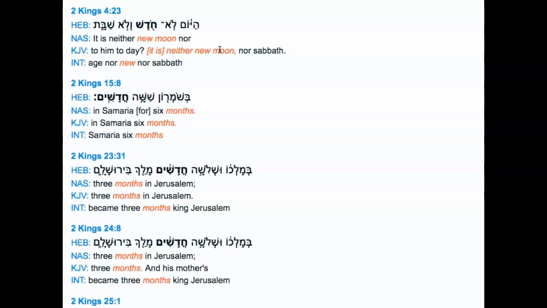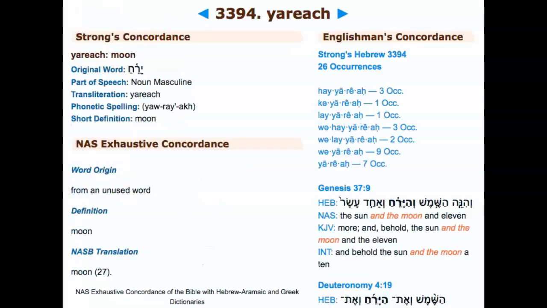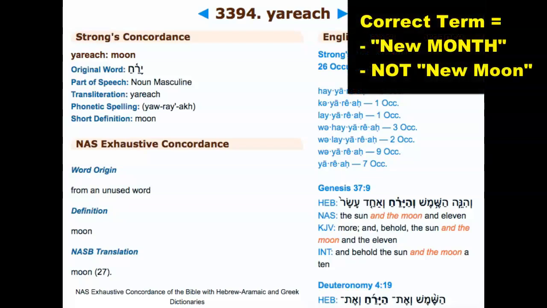Just like we went over for the resurrection account, how Miatan Sabbaton means on one of the Sabbaths, but the only time you see it meaning first day of the week is when it comes to what? When it talks about our Messiah being resurrected. Those are the only times you see the phrase first day of the week being used, the translators adding and taking away. And we'll briefly go over more of that later on in the video to come, but I just wanted to give you an idea and show you that the phrase and the correct word should be new month,